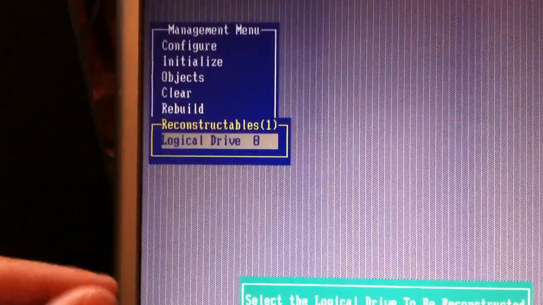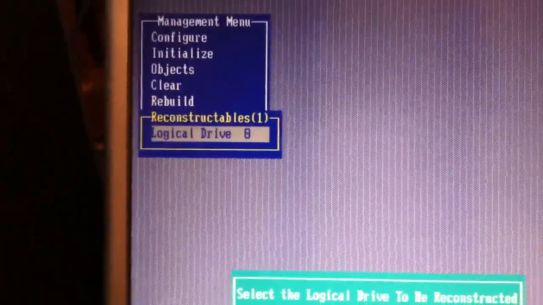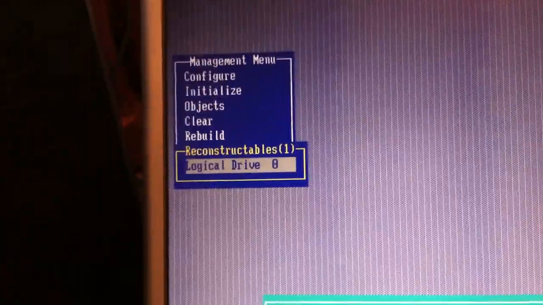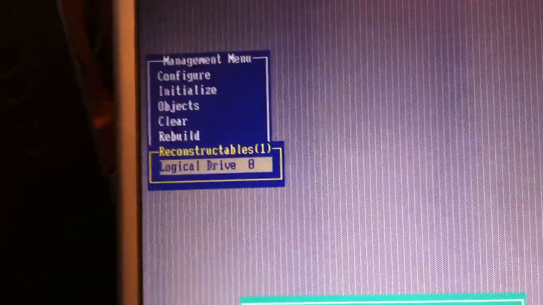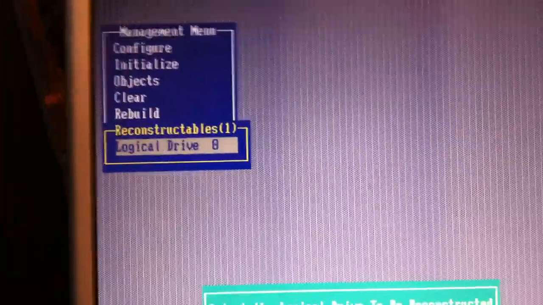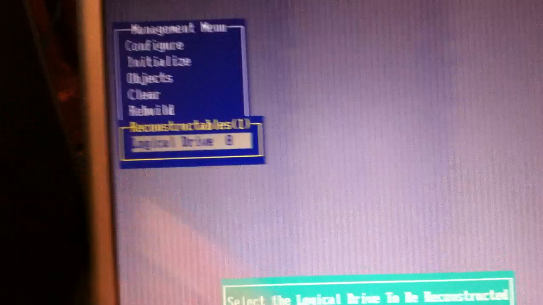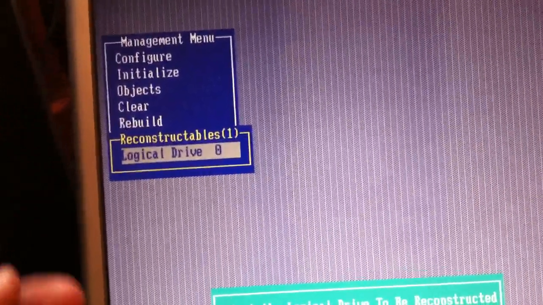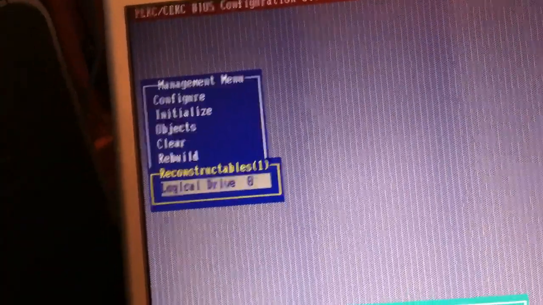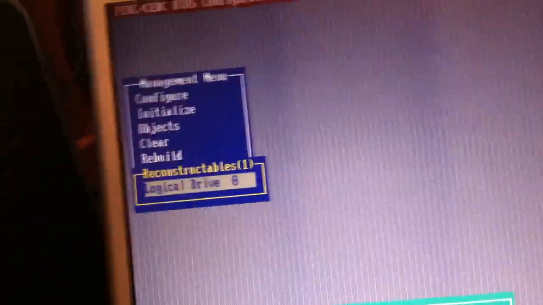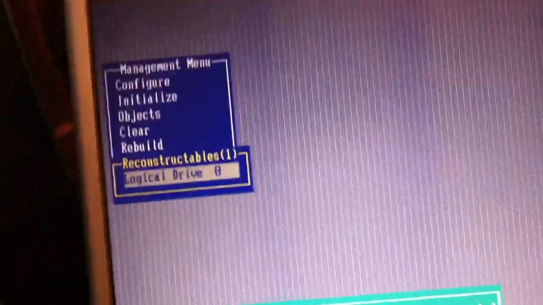Sorry. That's why I don't recommend RAID 0. With RAID 1 or RAID 5, if you lose a hard drive, you're fine. If you're in RAID 0, you get more space, but you take the chance that if you lose that hard drive, you are screwed as soon as either one crashes. But if you're in RAID 1 like me, and you lose a hard drive, the light will come on. It'll tell you